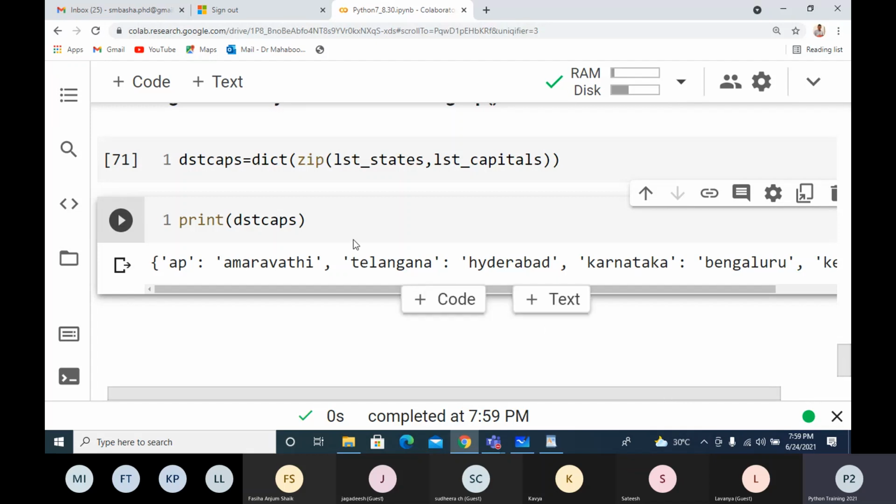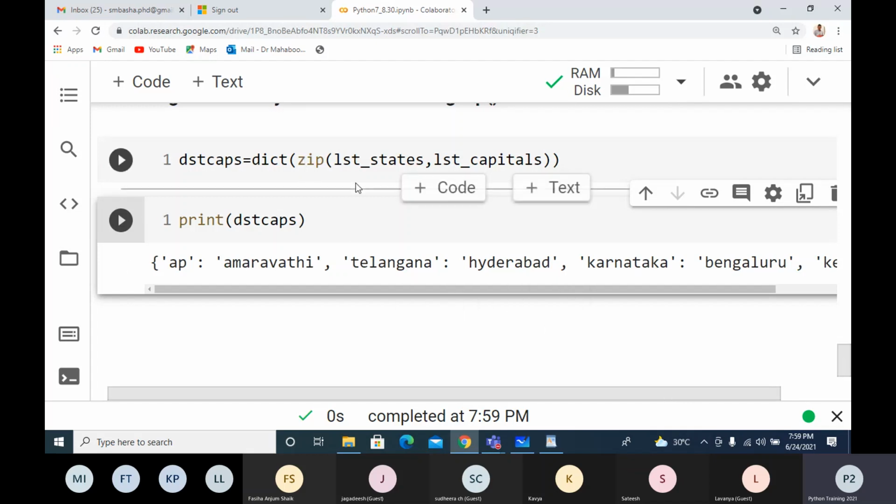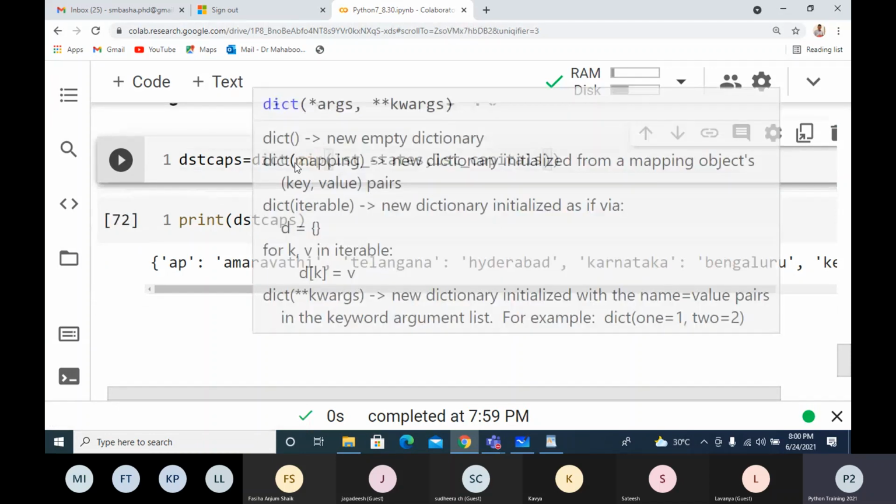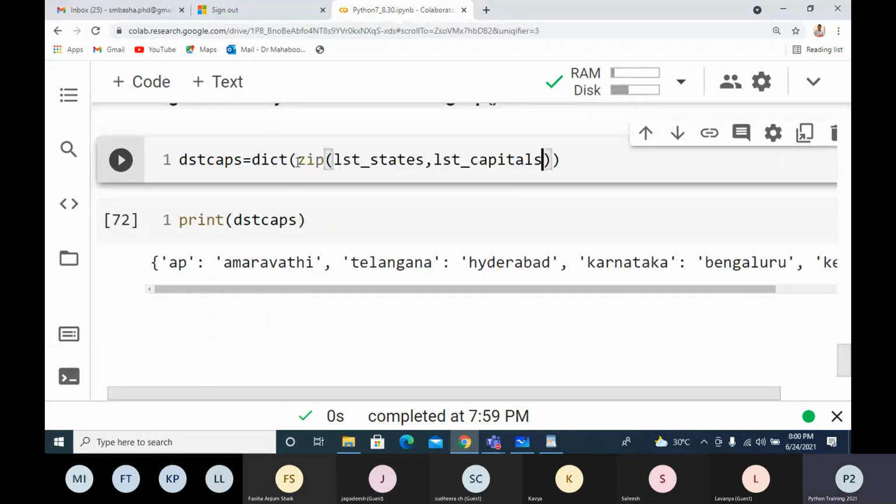So here, when I combine with zip, you can convert into whatever form I want. Here I am converting the zip into a dictionary. Now I can also get a list of tuples, the same thing, if I use zip. It depends upon requirements.